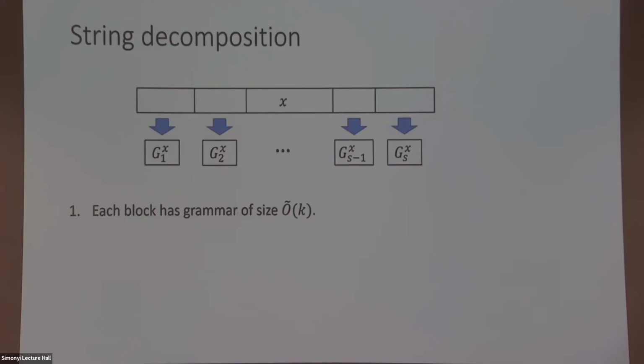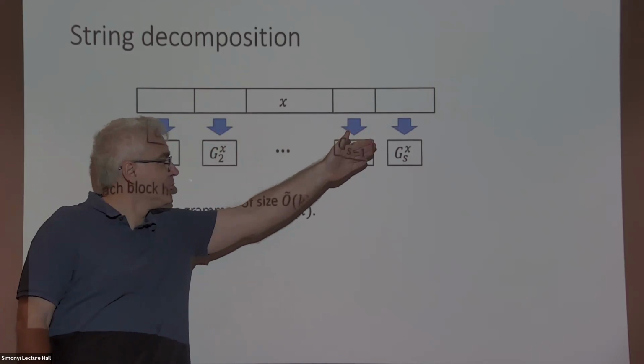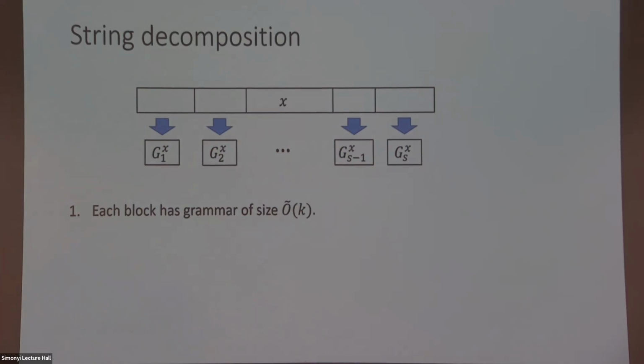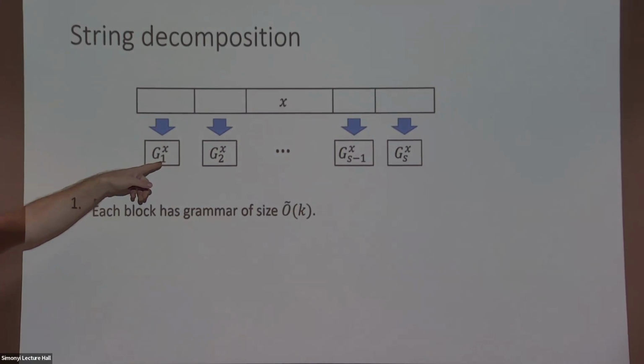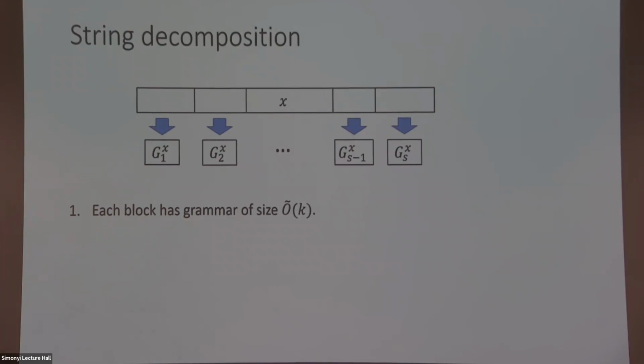So here is how our string decomposition will proceed. We will chop up x into s blocks. Each block will be described by a small grammar, of size roughly order k. And if you get x and y independent, like two